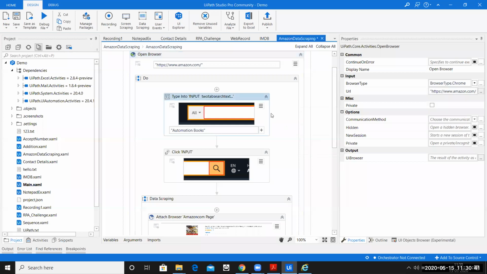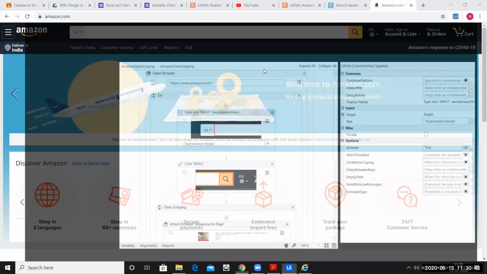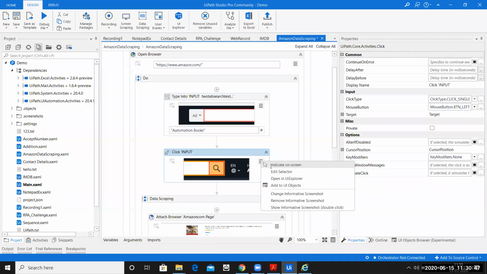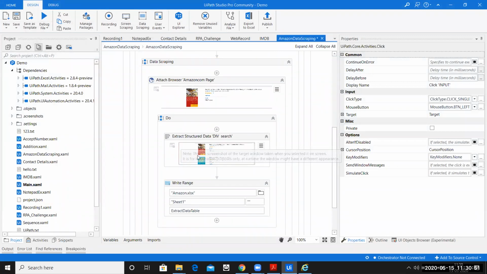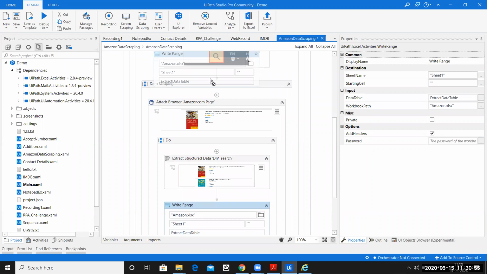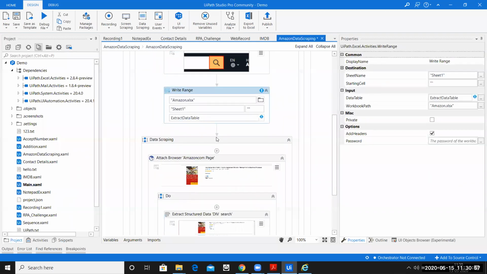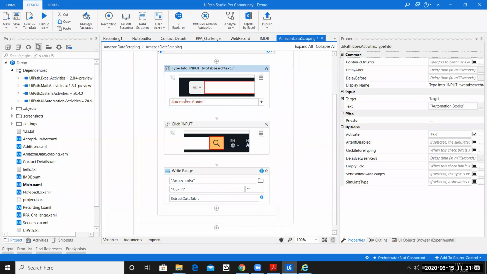Okay, and let me do this again. Indicate on screen, where do I type? I'll type here. And where do I click? Indicate on screen, I'll click here. Let me move this somewhere up, and let us scrape the data again. Before scraping the data, all we need is to search for automation books.